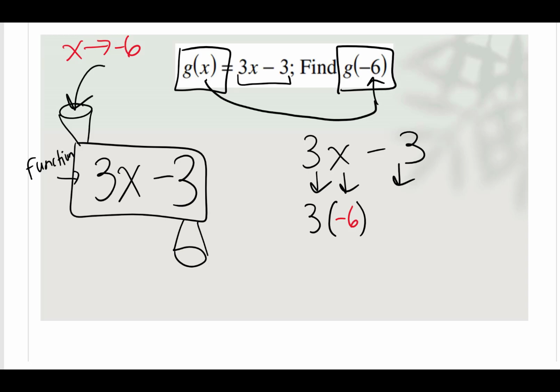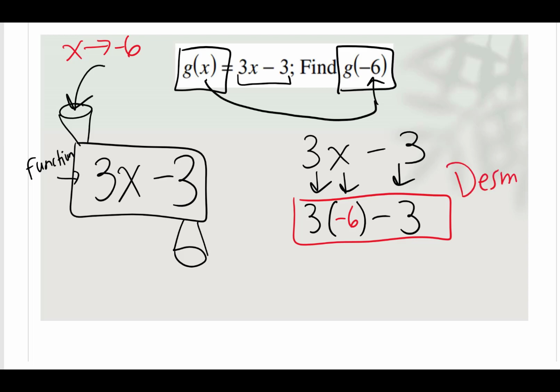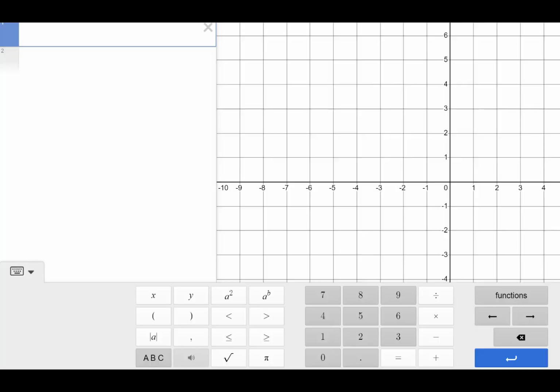And then the minus 3 we copy below. Okay, now this next part, we type this into Desmos. Okay, so you can either do it by hand, if you know how to multiply and subtract by hand, or you can use Desmos. So we're going to open Desmos, do 3 parentheses negative 6, minus 3, let me check